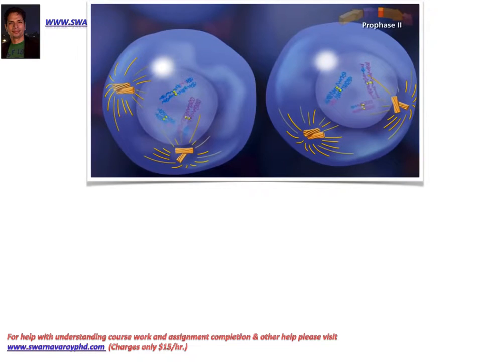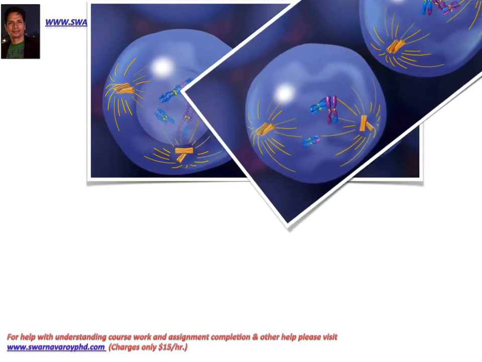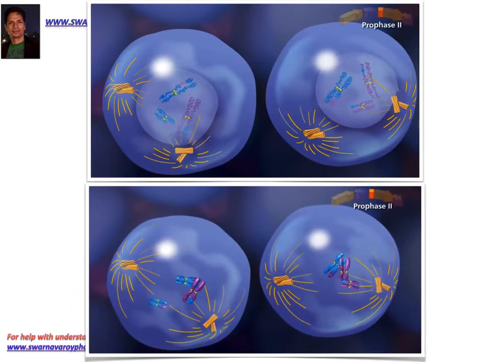So now we move on to prophase 2. Okay, remember, meiosis has meiosis 1 and meiosis 2. So this is meiosis 2 beginning. In prophase 2, the condensation of the chromosomes starts happening again. Remember, the chromosomes were decondensed. They were thin and thread-like, but now they're again getting thicker,